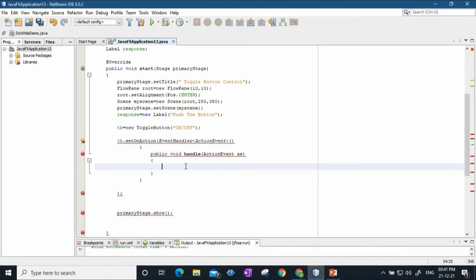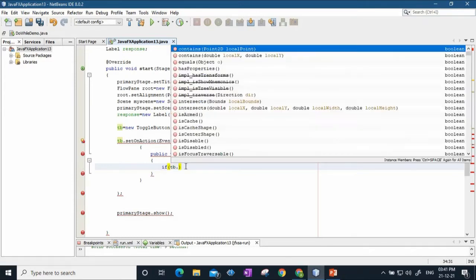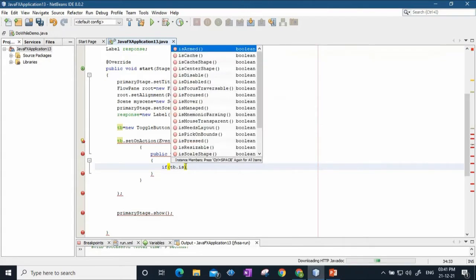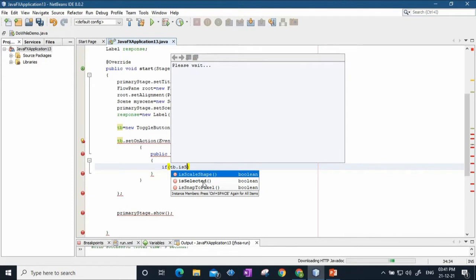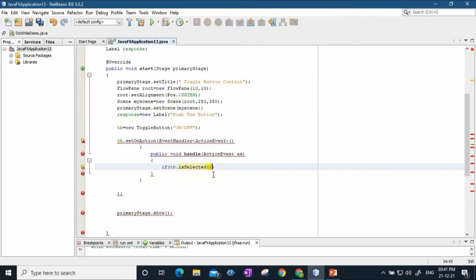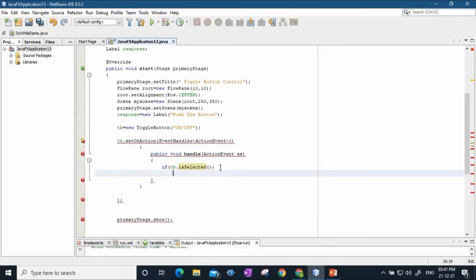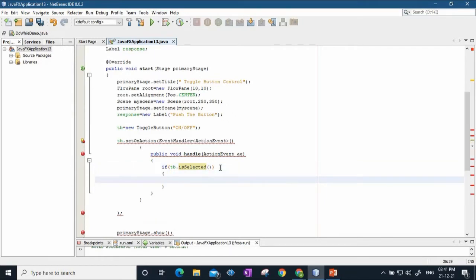I'll say if the toggle button dot isSelected. As we have just seen, the isSelected method is a boolean method, so it will return true if the button is pressed. If it is pressed, then I want to print a message in this response label.